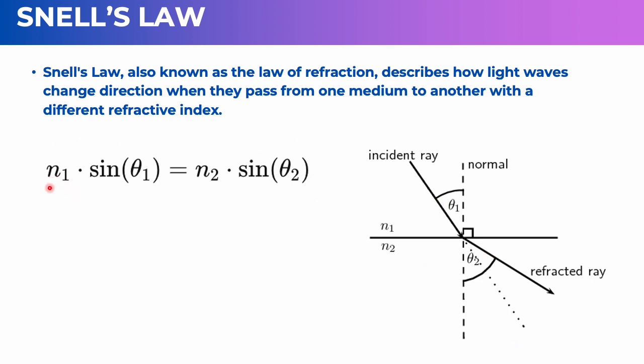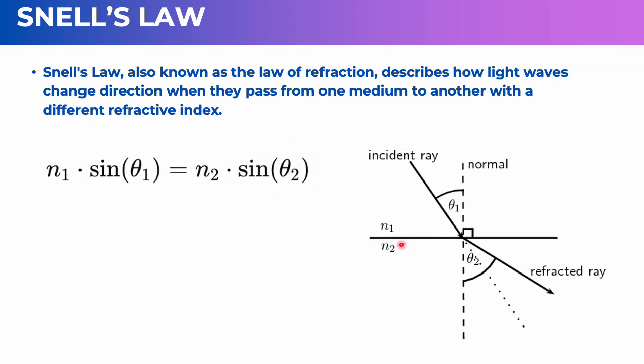This is the formula which describes this behavior. Theta 1 and theta 2 are the angles of incidence and refraction, and N1 and N2 are the refractive indices. It says N1 sine theta 1 is equal to N2 sine theta 2. That means that if N2 is greater, sine theta 2 would be smaller. So if